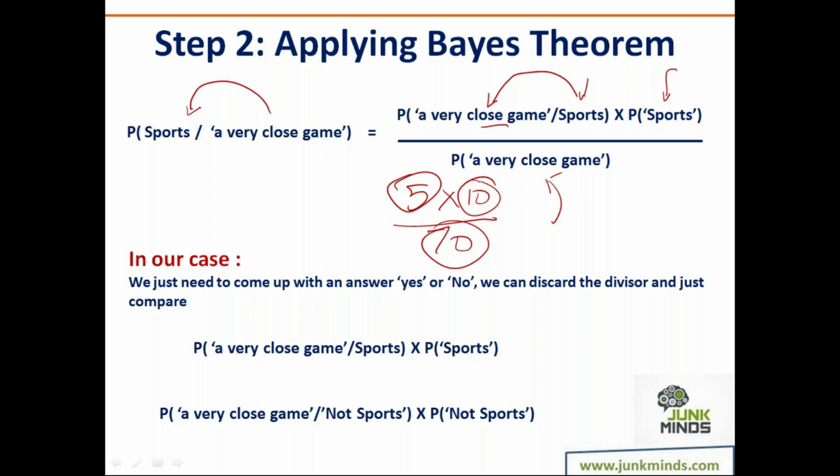See, first and foremost, over here, I just want to tell you whether this is about sports or whether this is not about sports. That's it. That is what I'm required to tell. By what factor is it about sports, or by what factor is it not about sports? I'm not interested in that. So that is why I can actually ignore this. This actually helps me in getting the factor. Over here, all I'm required to tell you is whether it is about sports or not. So just the numerator is going to be good enough for me to get the answer. But the question is, even if I look at just the numerator, how am I going to get these probabilities? How do I calculate this?